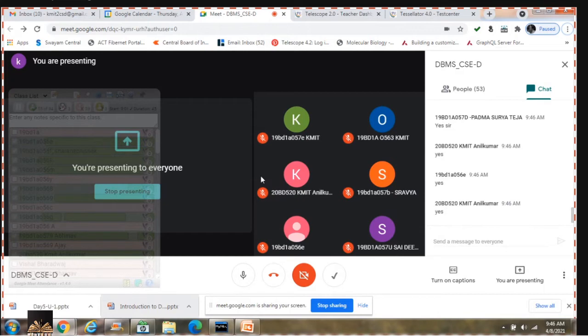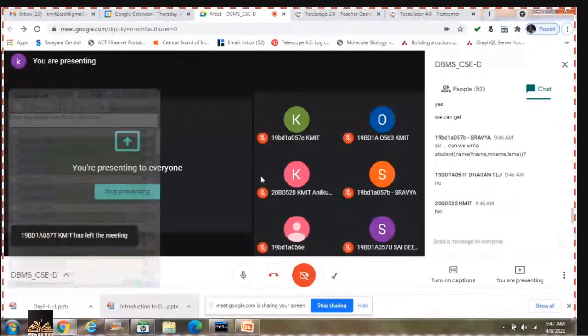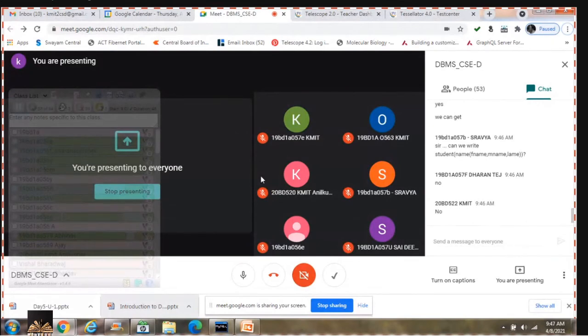We can get it using an operator. Student name of F name, M name, L name is not right, Shravya.